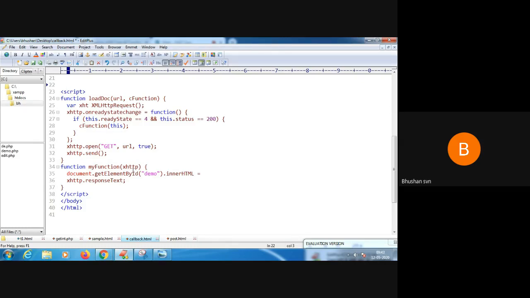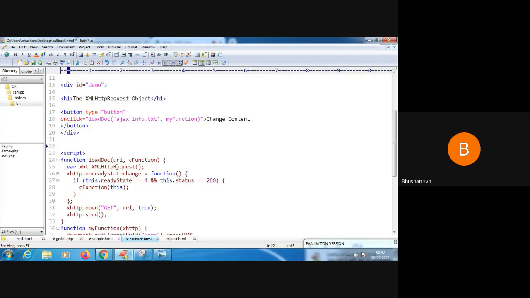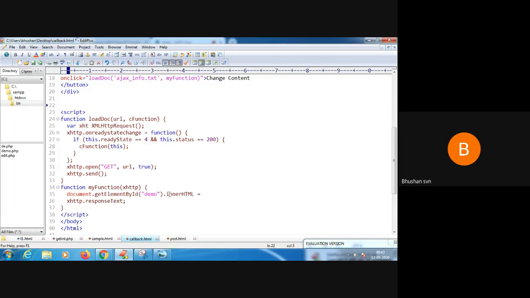What is xhttp? It's an object. So the object is passed as a parameter to myFunction, and document.getElementById with id demo. So this specific request will be executed. You know what innerHTML is, which displays the contents of the same element.